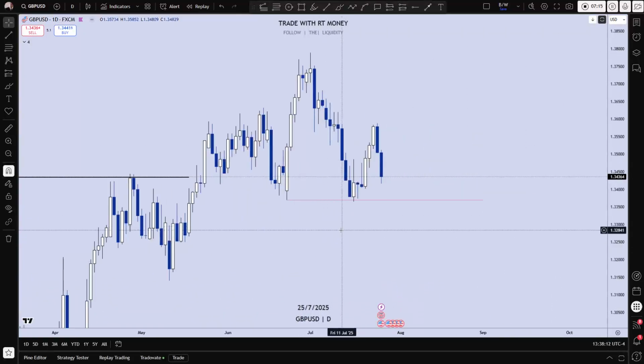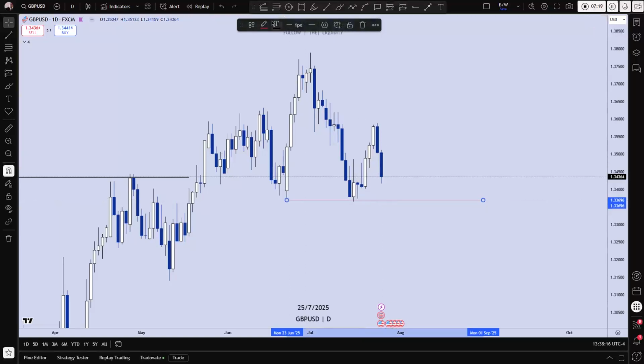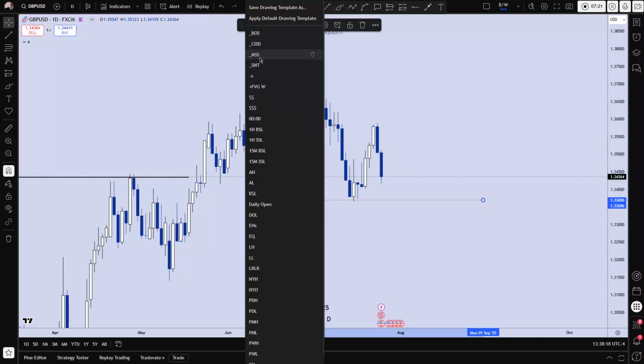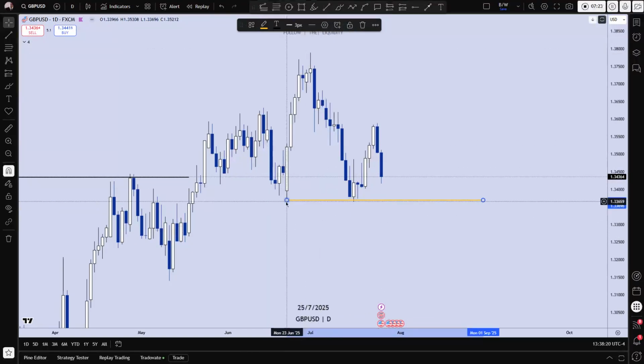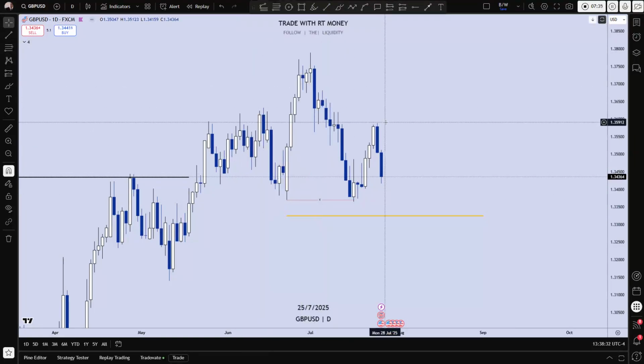What do we see? We see that low that I tell you I'm watching to see if it turns into a CISD. I'm watching that low, and it just so happens to be a liquidity low. All right, because you can see that price did come down and sweep for liquidity, right? But look at the reaction to it. Look at the reaction to it.